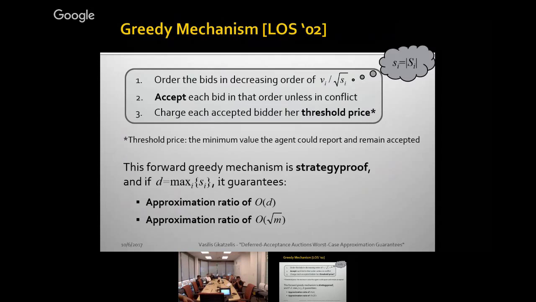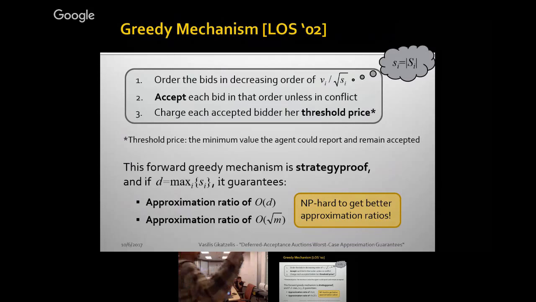But it also guarantees these approximation guarantees, meaning that the approximation factor of social welfare is big O of D, where D is the maximum bundle size. That's over all the bundles you have, what's the maximum size? That's D. Then you get a big O of D approximation with this. And you get a root M approximation, where M is the number of items. That first one, the D approximation, is definitely something you wouldn't achieve if you messed up with the root over there. The second one? Is the second one achievable with? So the second one is, I think, a bit easier to get. Okay.